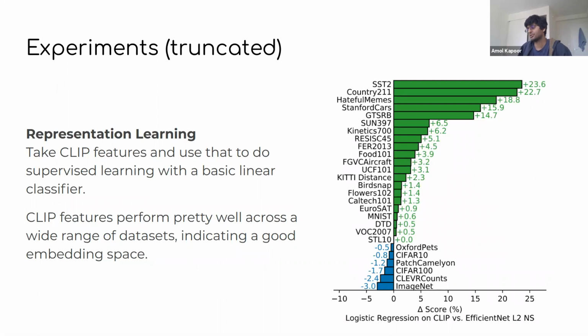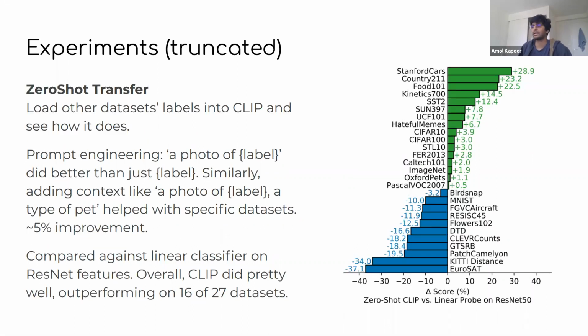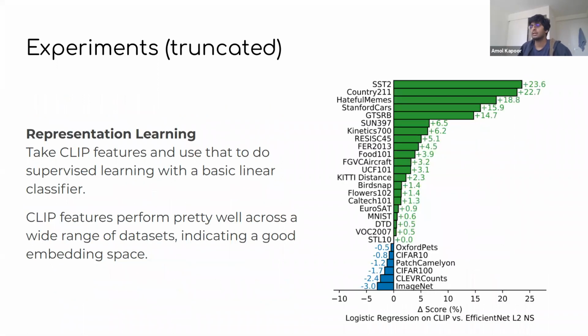They also compare, so this is zero-shot transfer, which is, if you're not learning anything at all and you're just using CLIP, how well can it do on a bunch of different data sets? They also cared a lot though about the underlying representation. So one thing they wanted to check was what happens if you do supervision on top of CLIP: you take those features and then learn something on top of it with a basic linear classifier. And here you can see that the model performs really, really well across pretty much all data sets,